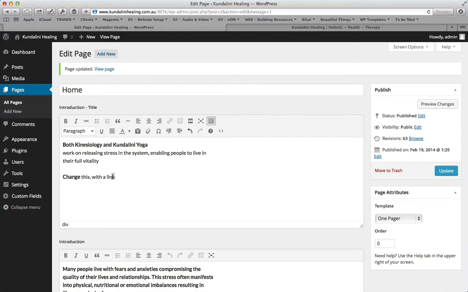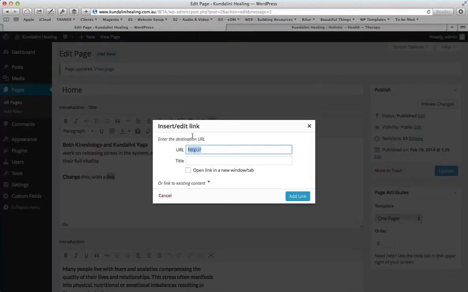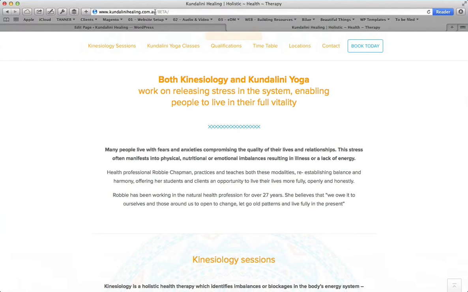We could also add a link to the copy by selecting the text that we want to become a link, and we can go up here to this little icon, looks like a chain, and we can say insert edit link. So we can click that and that will bring up this little window, and we can add in the new URL there. So if you want to link to a new page in your website, or you want to go to an external website, you can add the URL there. So for example, if we wanted to